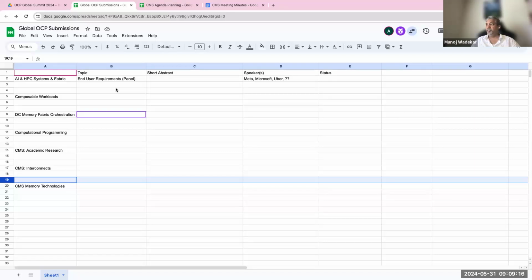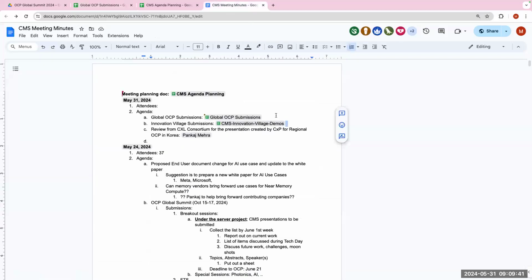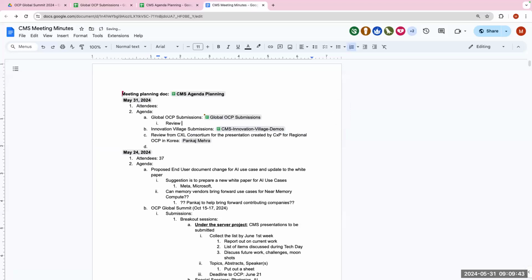Anything else, Reddy, you could think of overall, how we want to do this? Yeah, I was thinking, one way to do this is we had a set of talks last year. Maybe we can quickly take a look at it and say, okay, there is a refresh for that specific talk, and maybe just add that here in the meeting now, unless we have something else lined up. Yeah, that way we can at least have a pseudo abstract.